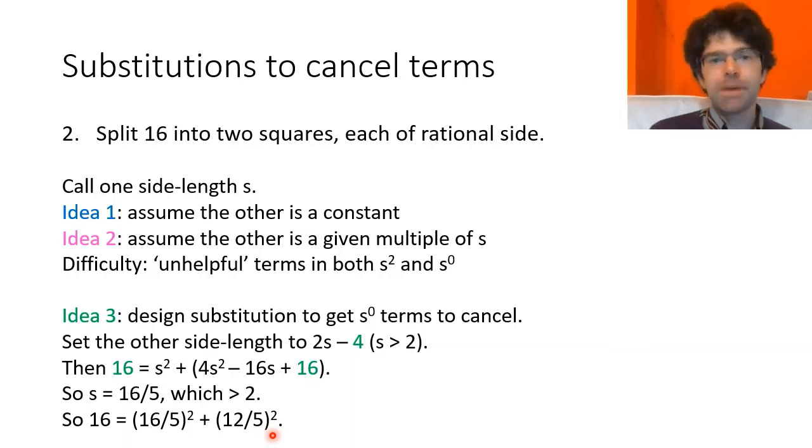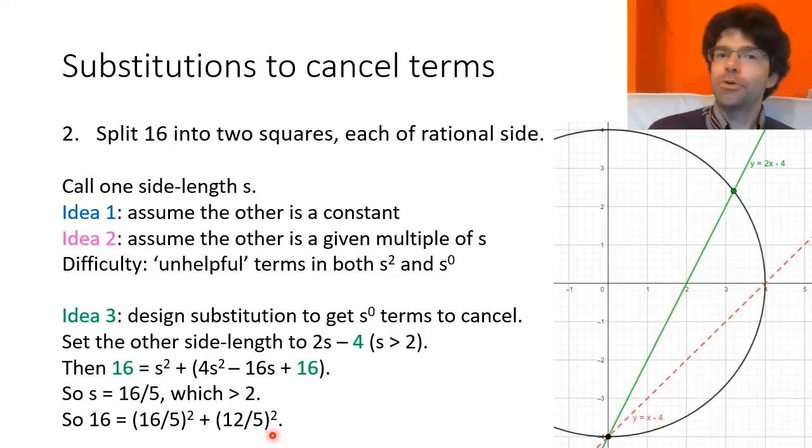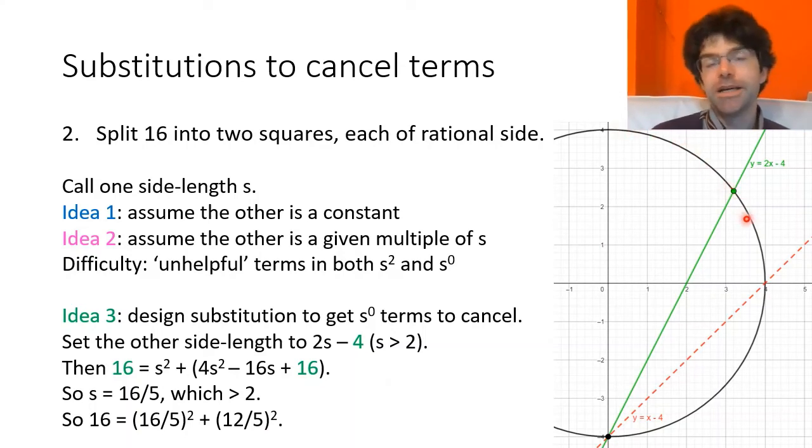Again, let's just think about this in terms of graphs. What we're aiming to do here is find a rational point in the upper right quadrant of the circle x squared plus y squared equals 4 squared, 16. Now, any such point is going to lie on a line that goes through the bottom of the circle, 0, minus 4, with a rational gradient. So involving the substitution y equals rx minus 4 for some rational r. And we can see by looking at the graph that that value of r must be above 1.